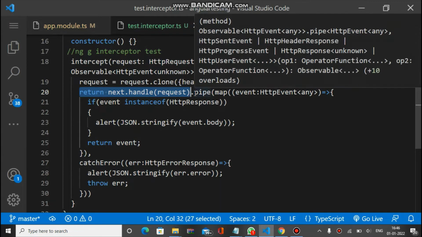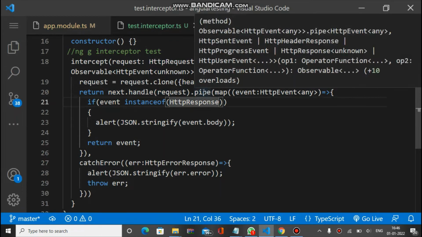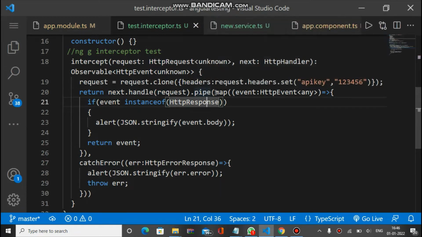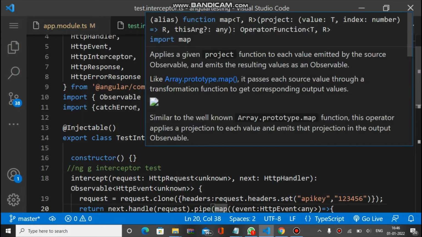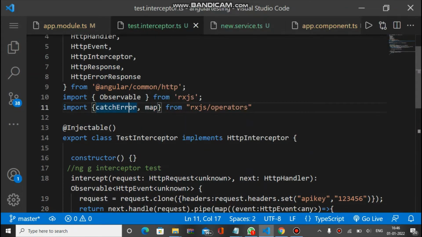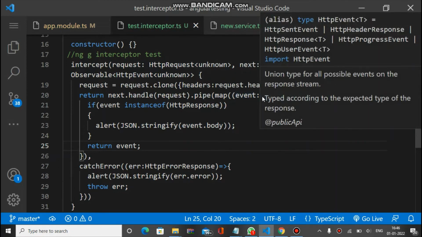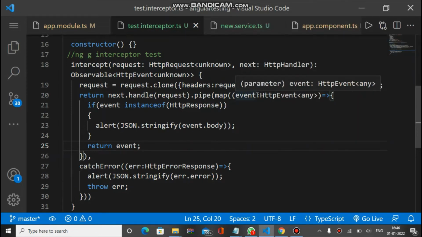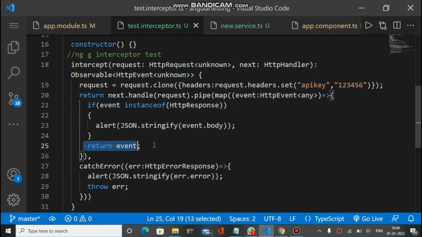response, you have to use the pipe function, and inside pipe you have to pass the map operator, and map will be imported from RxJS operators here. Inside the map operator there is a parameter event of type HttpEvent, and inside this we can return event.